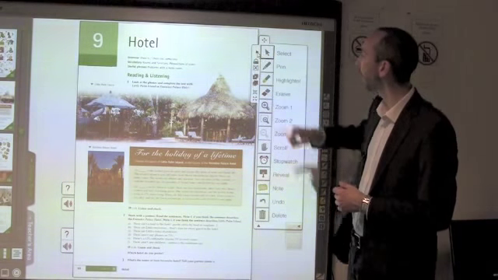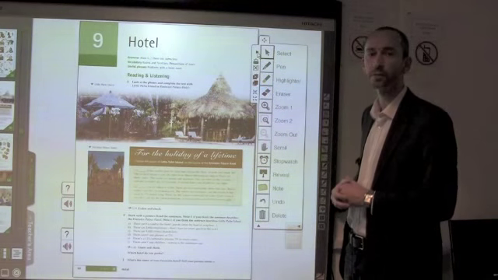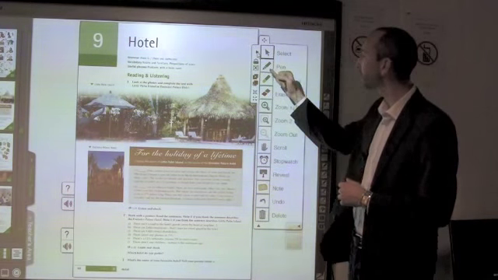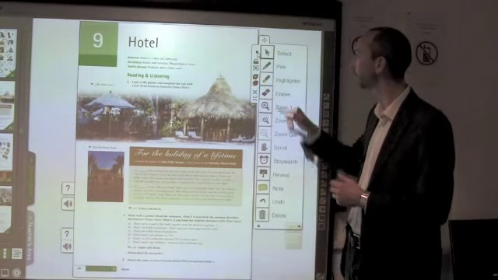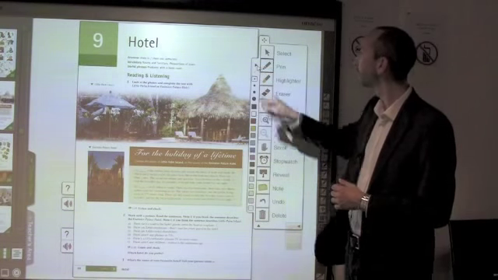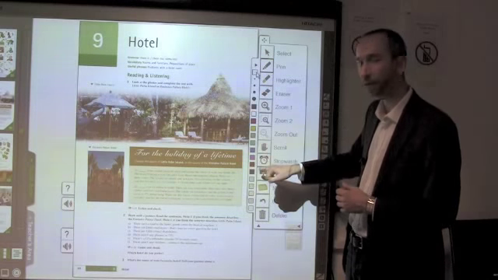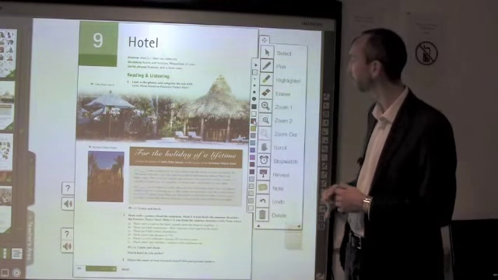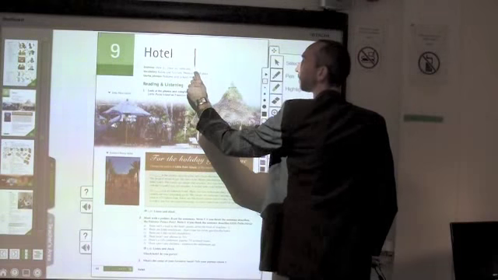And if you click on the arrow next to the select icon, it gives you a number of options as to what you can do. Now, you need some kind of image or text on here to be able to use these tools, so we'll move to the pen next. And if we click on that, we have the option of choosing the size of our pen and the color options. So, if I just write on here,